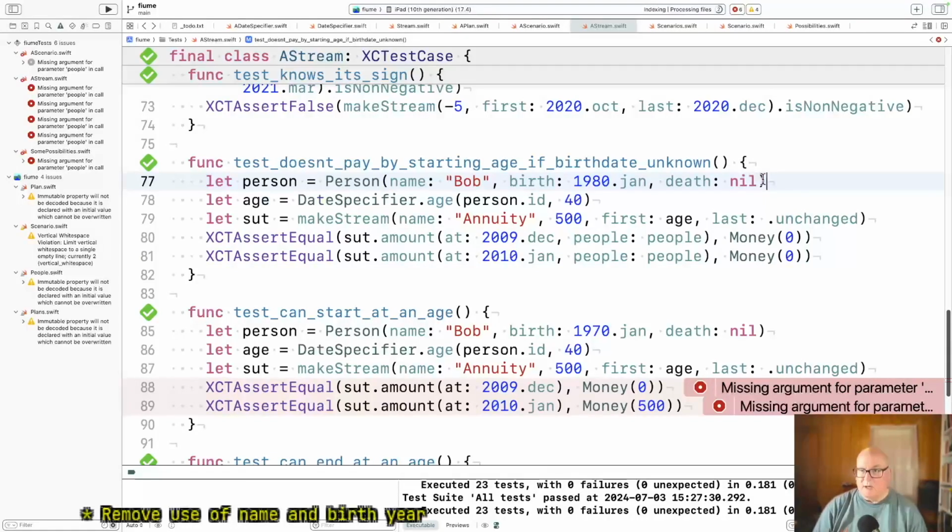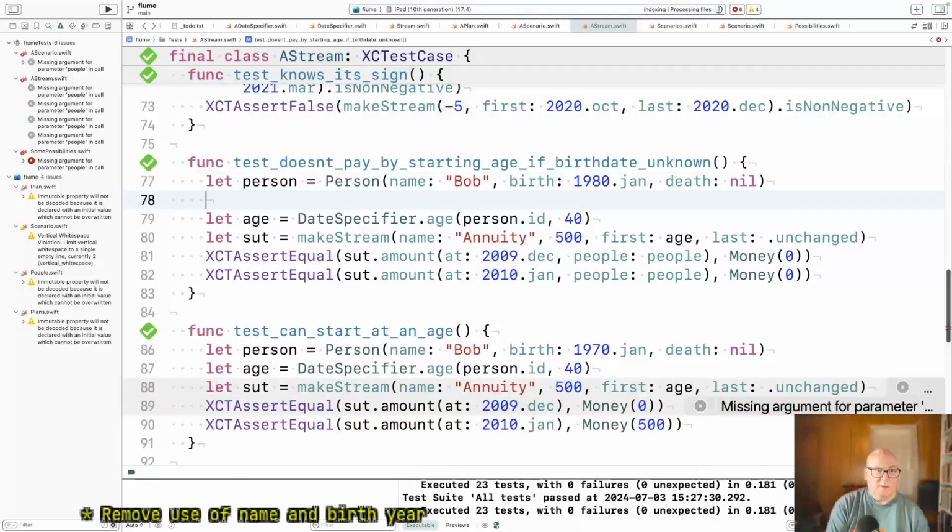Okay, this one's going off Bob's age, so let's make people.add person.